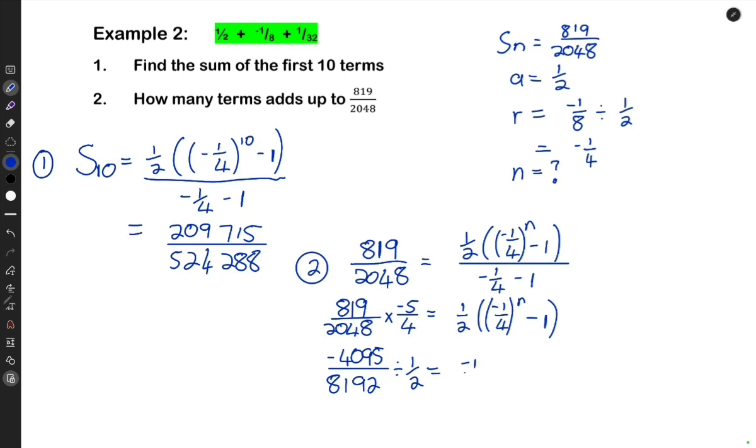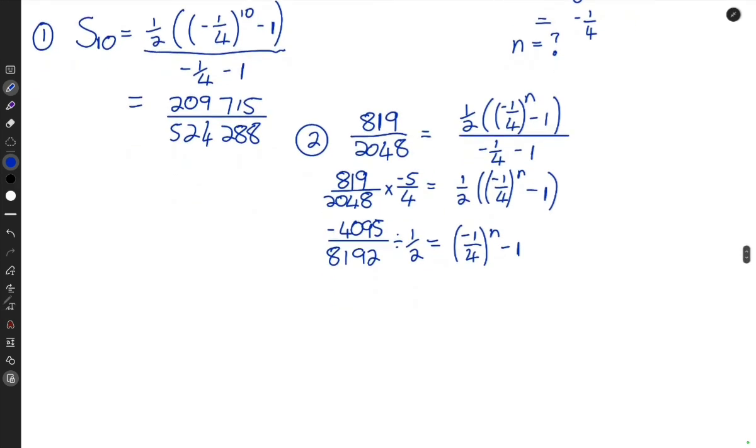Okay, so now my equation is looking a bit more friendly, but it's still a very big equation. So let's look. If I type that in the calculator, I am actually going to get minus 4095 over 4096. And now I have a minus 1 on the right, so I need to take that over as well because the n is my variable that I want to isolate, or that I want to get alone. So I'm going to plus 1 on this side. Okay, minus a quarter to the power n. Okay, so just type the left on your calculator and you would see this is then actually 1 over